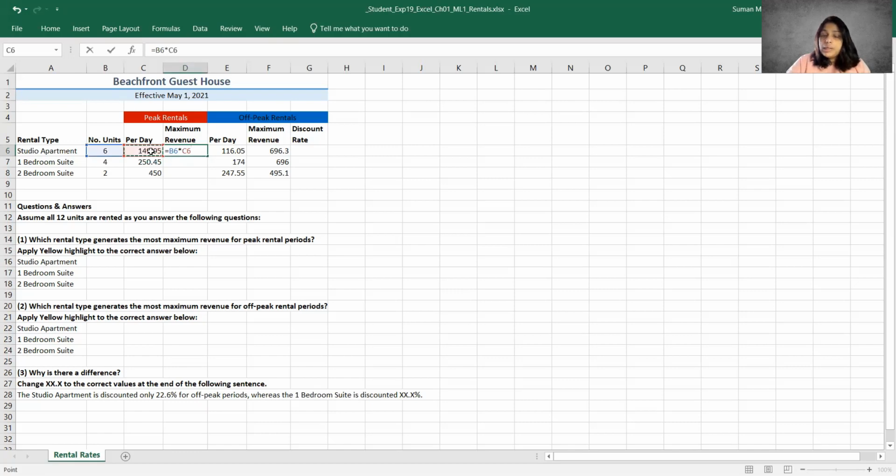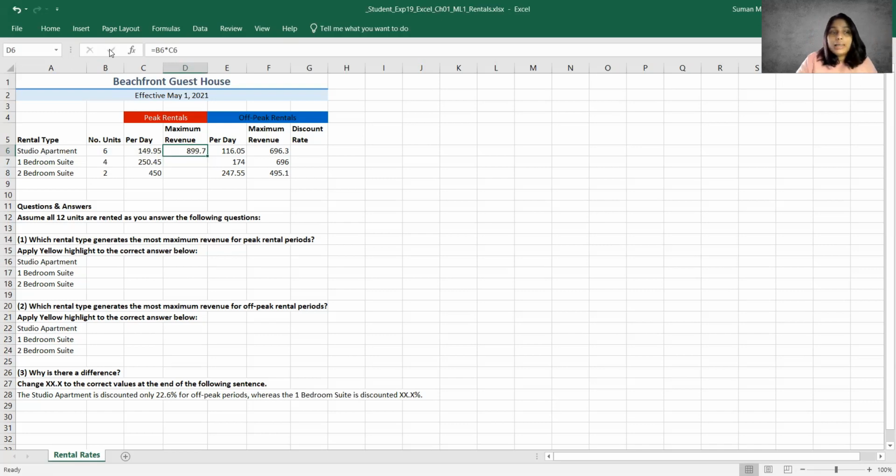You can either press enter on your keyboard, which will take you down to cell D7, or you can click this little check mark up here in your formula bar, and that will keep cell D6 the active cell. So the green box won't move. If I pressed enter on my keyboard, it would move down. If I come back here and just click this little check, it'll stay right there.